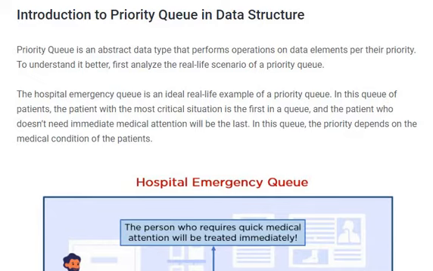So priority queue is an abstract data type that performs operations on the data elements as per their priority. It is used to keep track of unexplored routes. The one with the lower bound and the total path length is smallest is given the highest priority. So heap sort is typically implemented using heap, which is an implementation of priority queue.